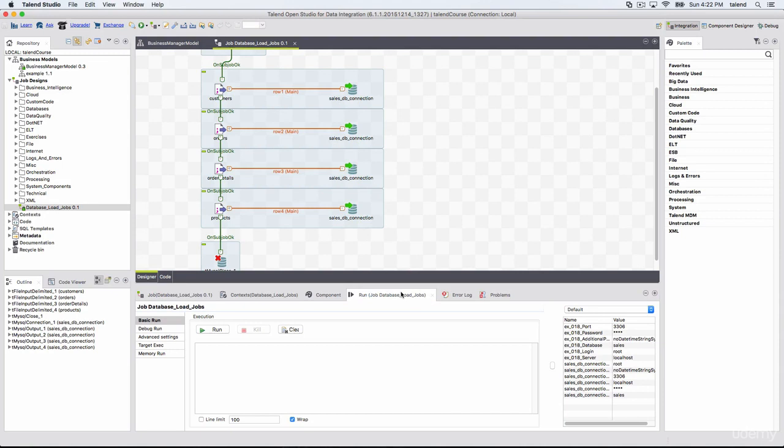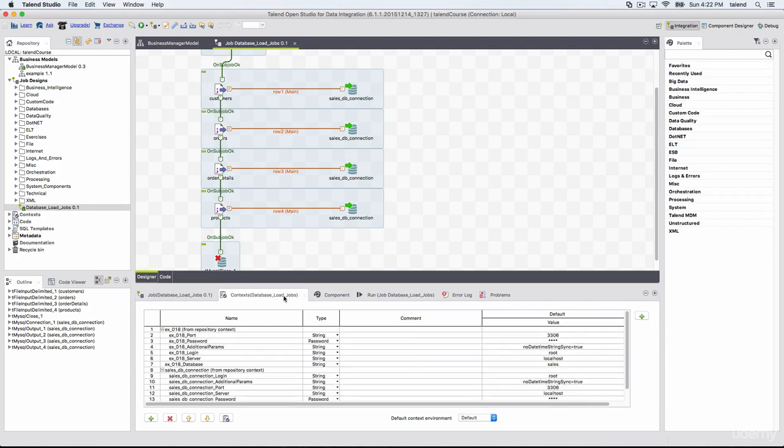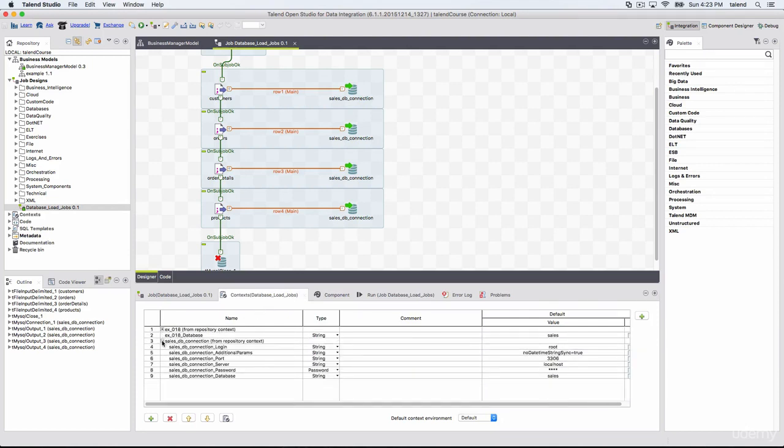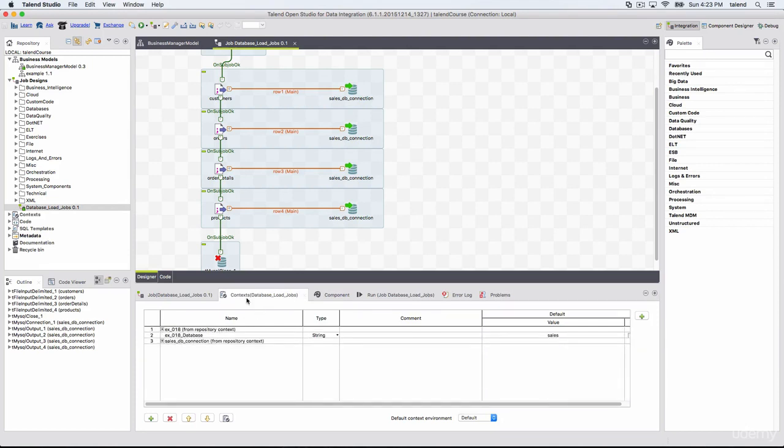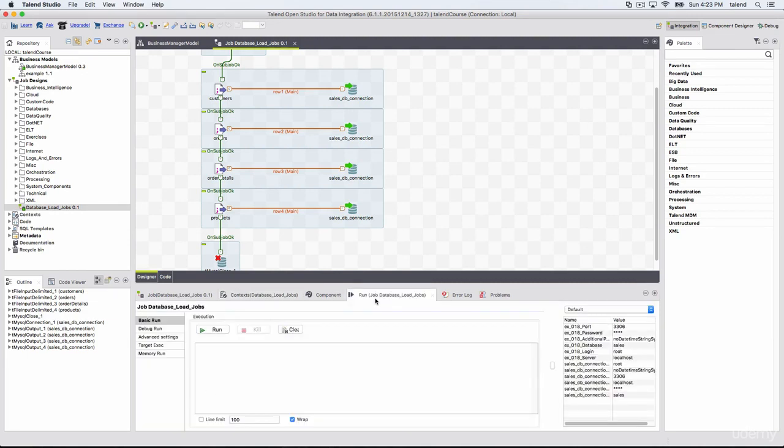Then we have the context. When we talk about contexts, you will know what they are later, but for now just remember you will have your context here. You can add, remove your context in this view for that particular job. Then finally, the last panel we have is outline and code viewer.